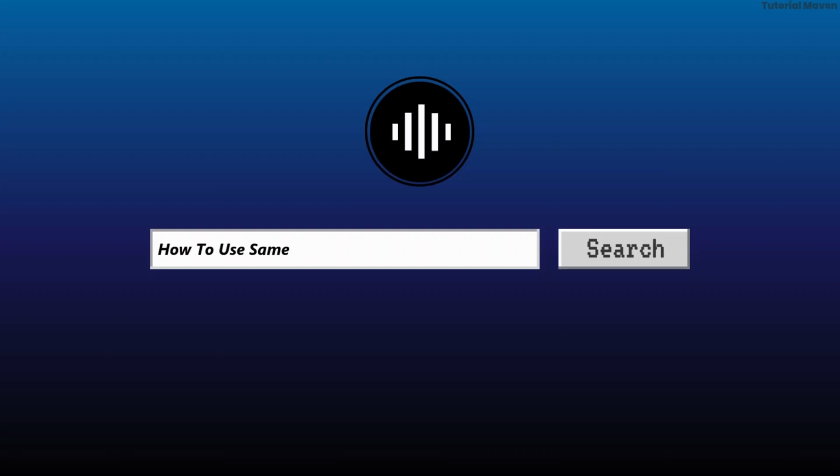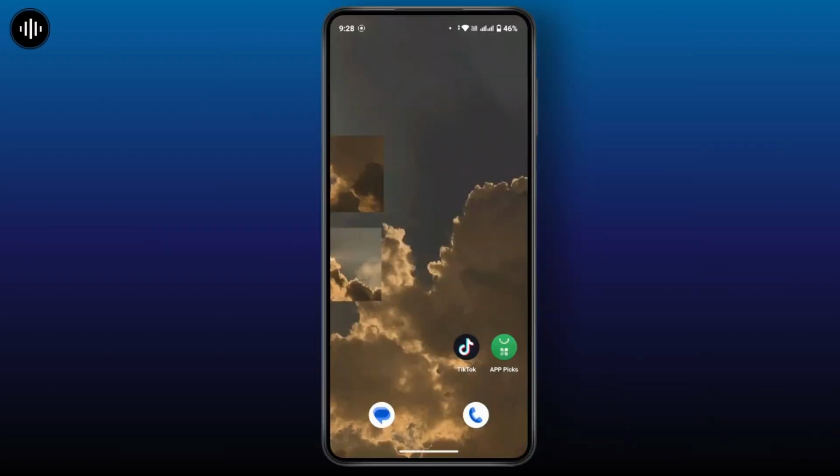How to use same Telegram account on two devices. Now before we start, make sure that your Telegram account is active on your primary device, or where you have already logged into your account. So if your account is active on your primary device, now if you want to log in your Telegram account